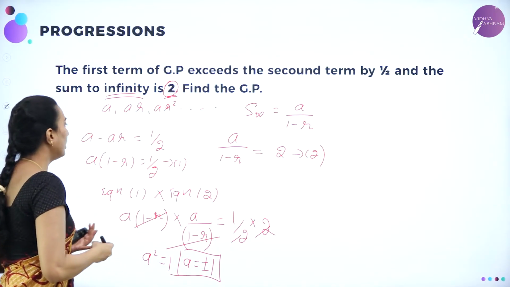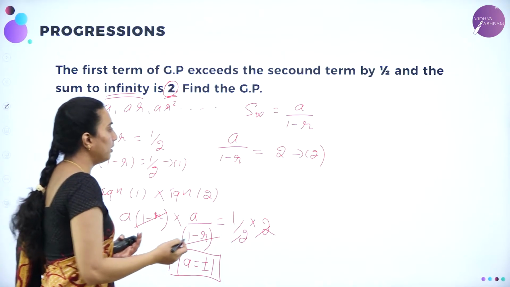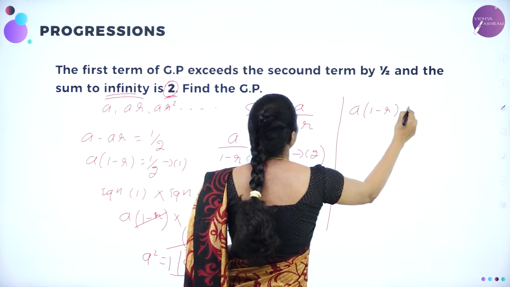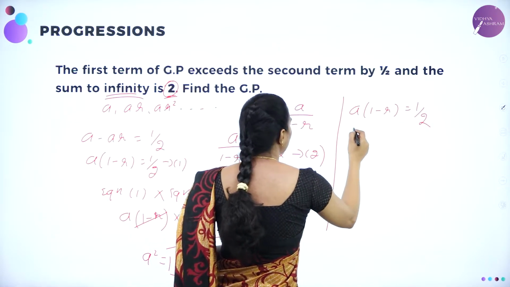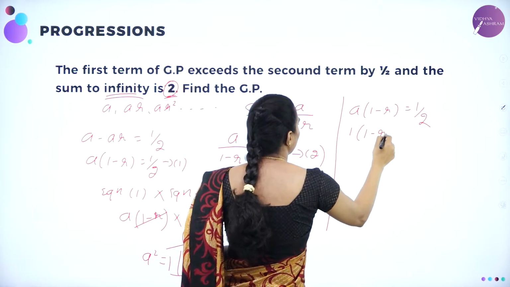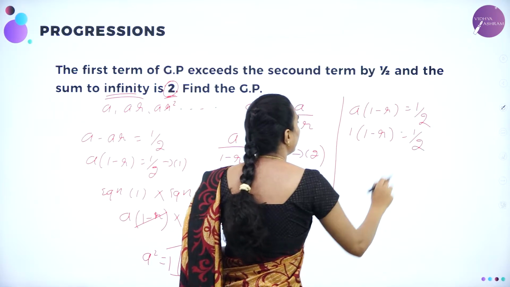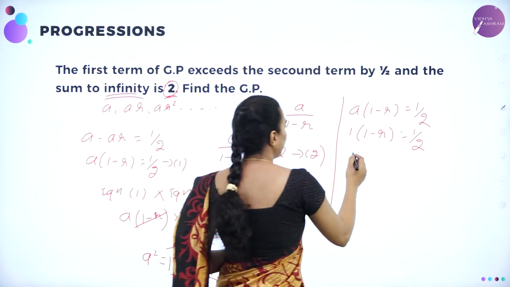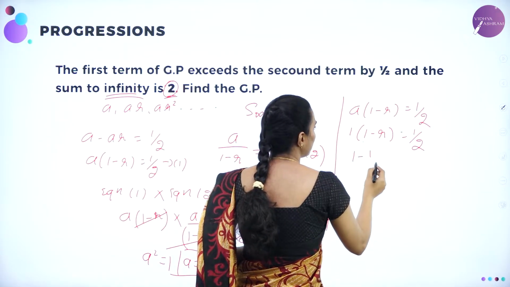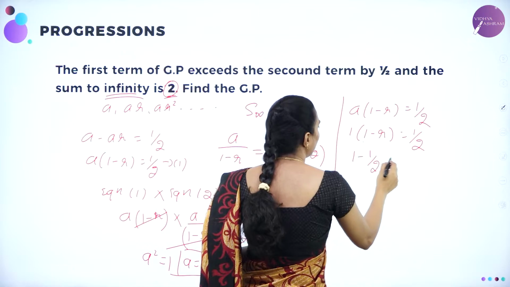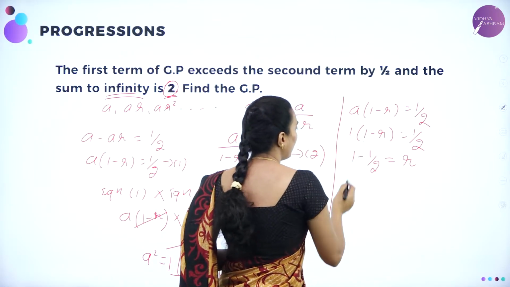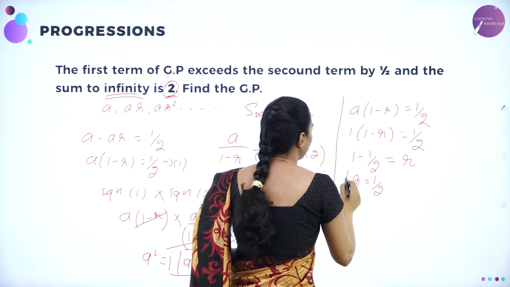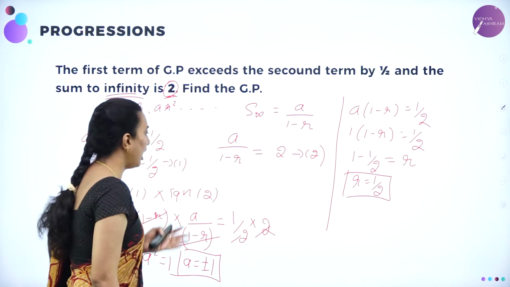We know that they have given a into 1 minus r is equal to 1 by 2. Substituting a value, 1 into 1 minus r is 1 minus r only, equal to 1 by 2. Otherwise, you can take this 1 by 2 to the other side, which is equal to r. Now, 1 minus 1 by 2 is 1 by 2 only. So r will be equal to 1 by 2. Now, ar squared will become...